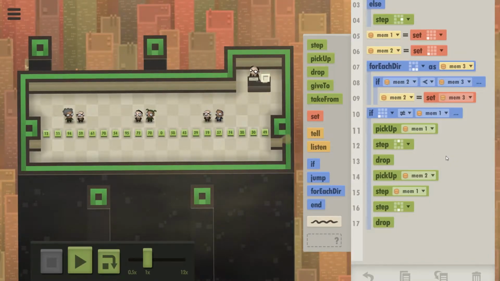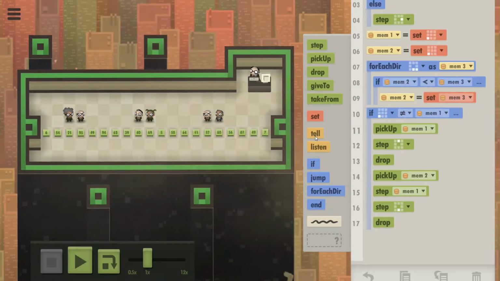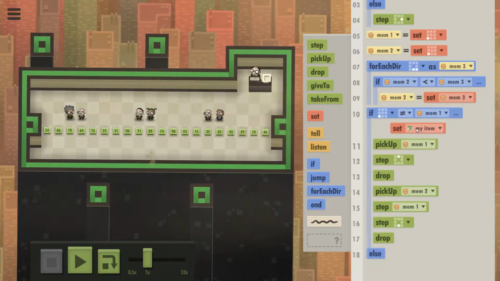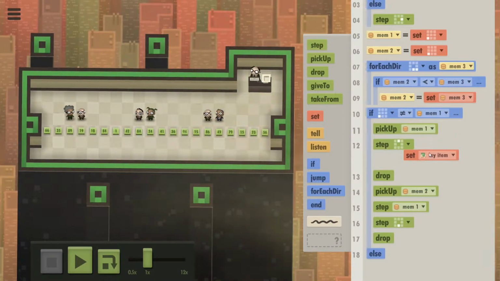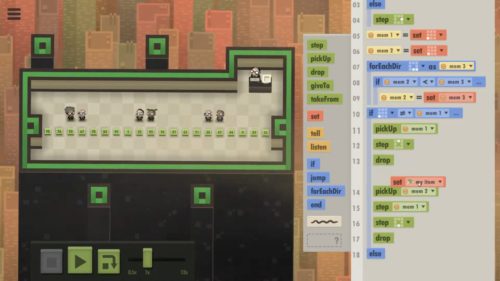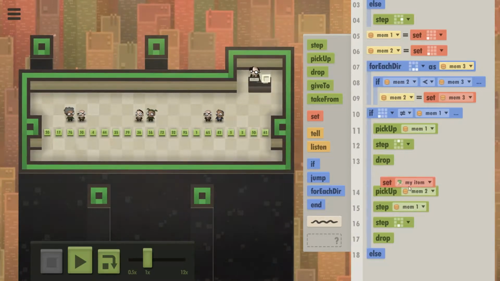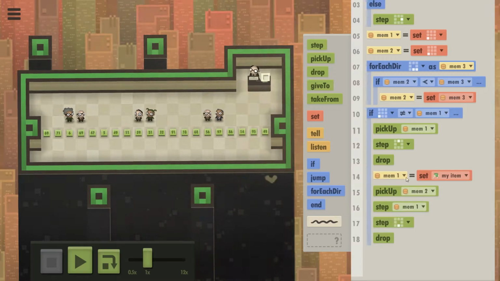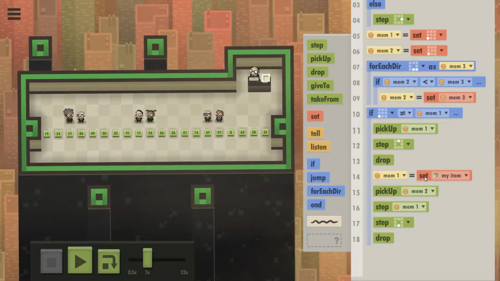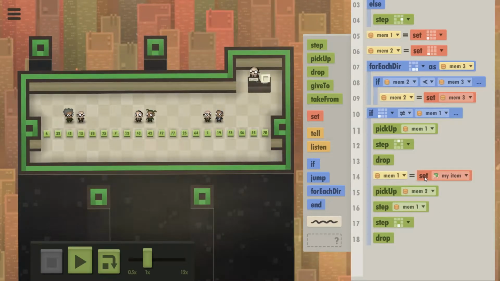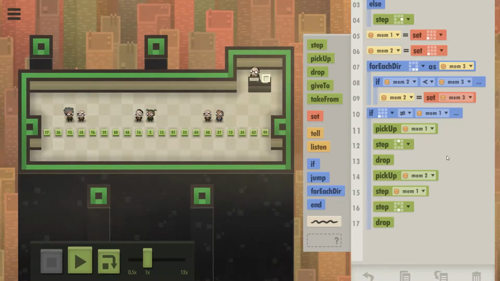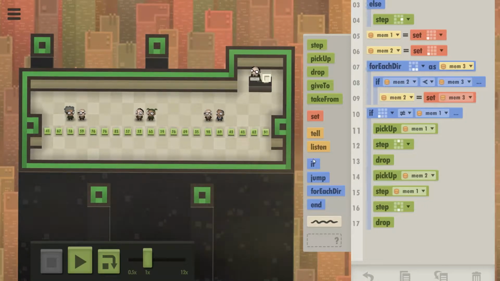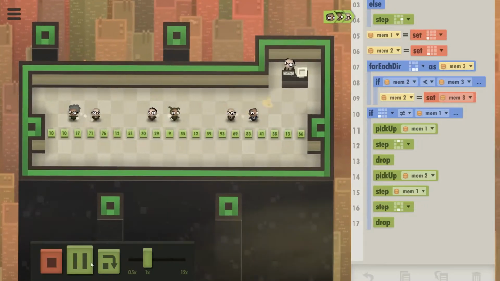We always know that there's going to be a gap to our right, but what we're going to do is use mem3 now. So we pick up mem1. We go to pick up, we set... But it won't be a position, because it'll be the item on it. It won't be the tile. Okay. So then, once we have basically put,